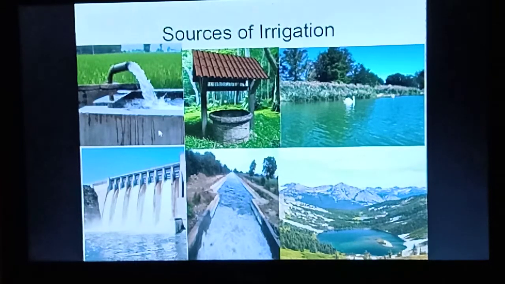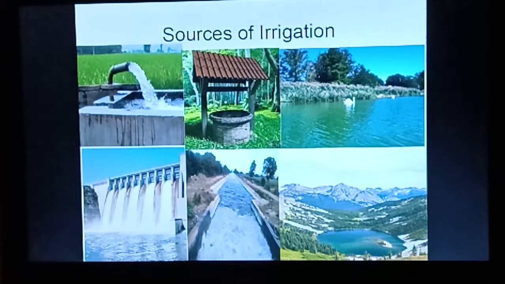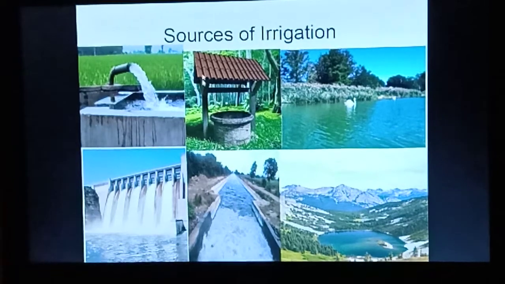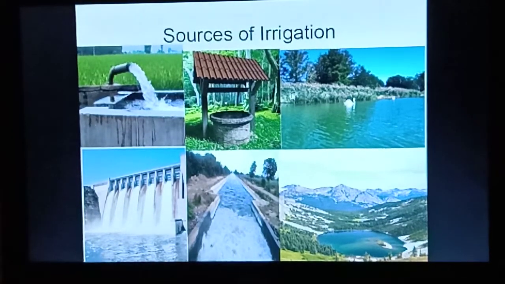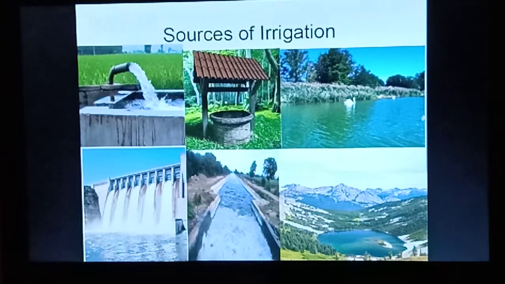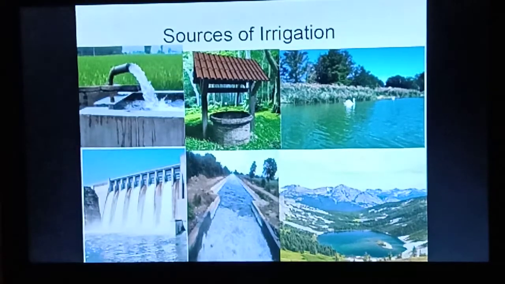You can see these in good villages, meaning better villages, not very poor, and these also in villages. Some of these you can see in small cities, not big cities. These dams are mainly in hilly areas. Canals are mainly in small villages, and these lakes are in mountain areas. So let us move ahead.